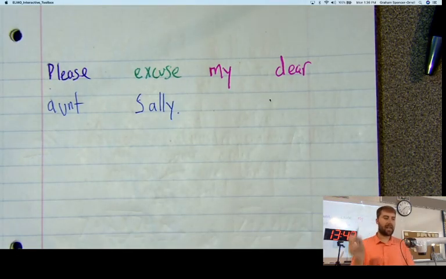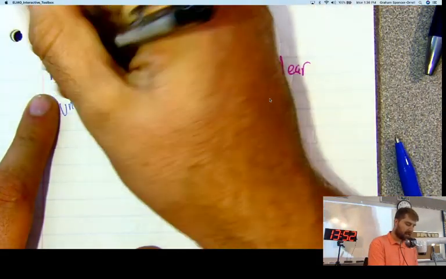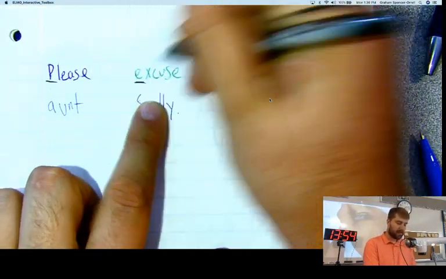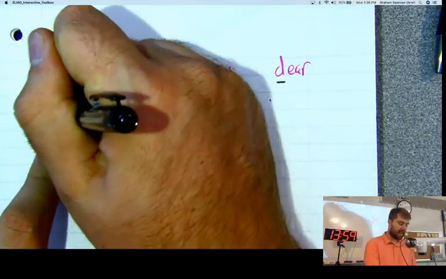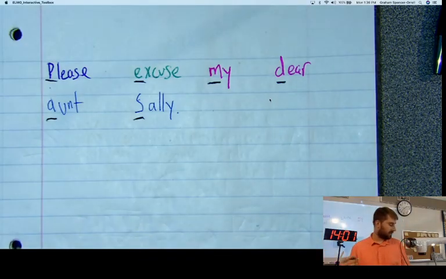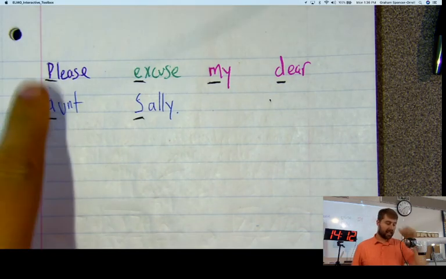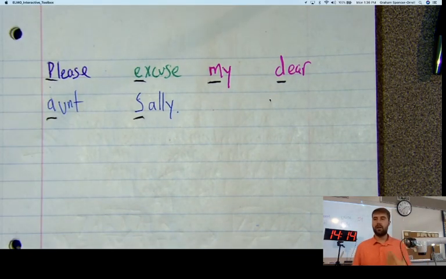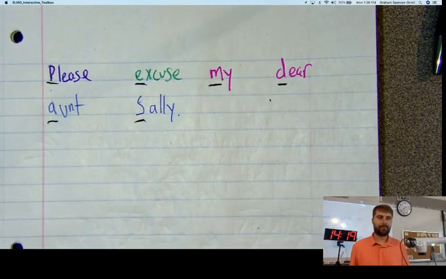So as I remember that, I remember, oh, the P is for parentheses. Then we have E for exponents, M for multiplication and division for the D, and then Aunt Sally, A and S is addition and subtraction. So this is a mnemonic device to help us remember the order in which we solve expressions. On Wednesday, we will be creating our own. We'll take the first letter of each of these and come up with our own words and our own sentence. But I wanted to introduce this one as an example today.